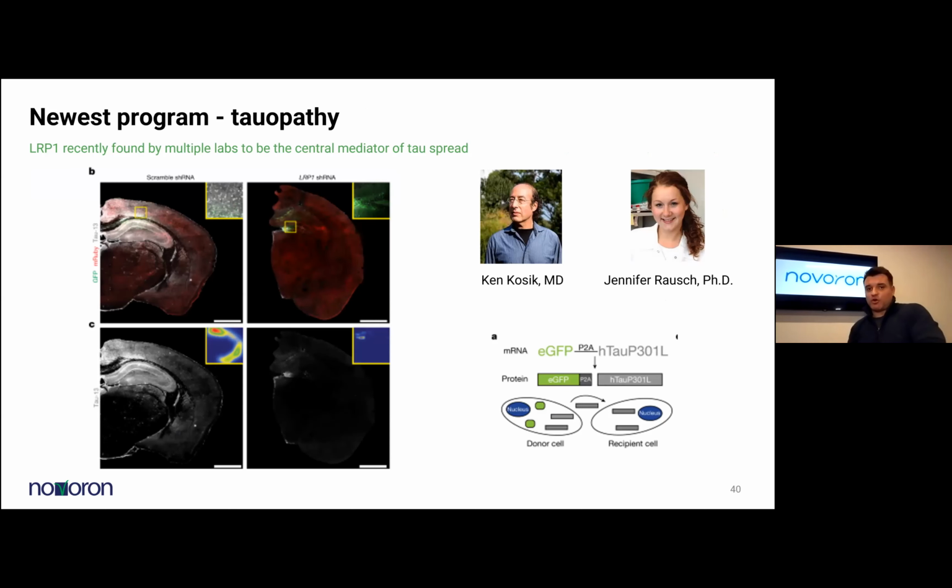And this is our newest program. We've been developing LRP drugs for a while, and it was recently published in, I believe, Nature, that LRP1 is the primary receptor involved with tau spread. So